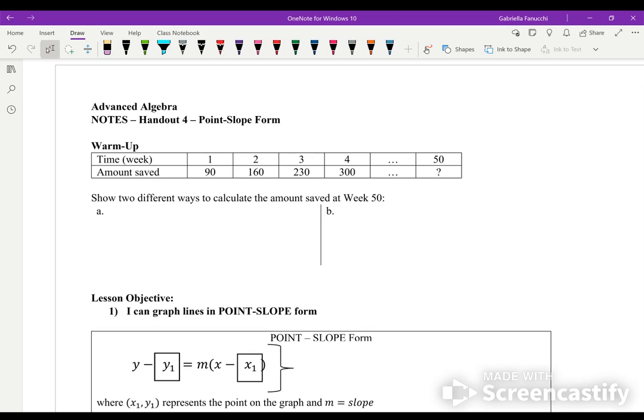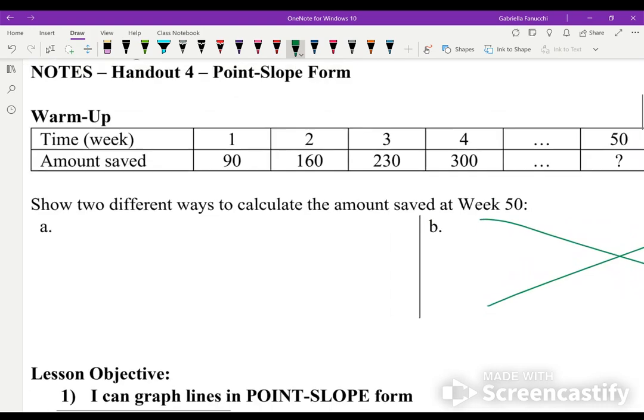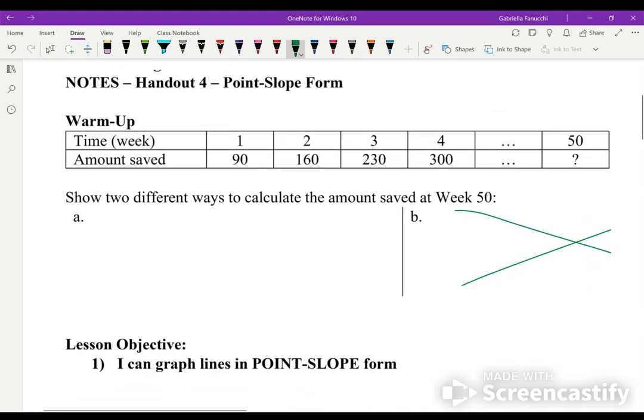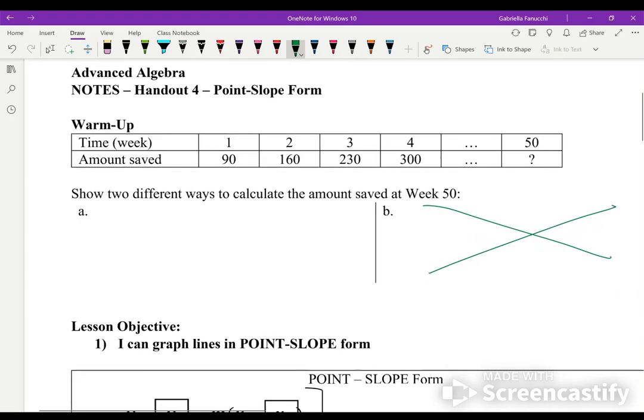So we're going to do this warm up. We're just going to show 2 different ways that we can calculate the amount saved at week 50. I'm just going to go ahead and skip the second way. I just want us to jump into this and not take too long. So first, we need to set up the equation, but we need to find